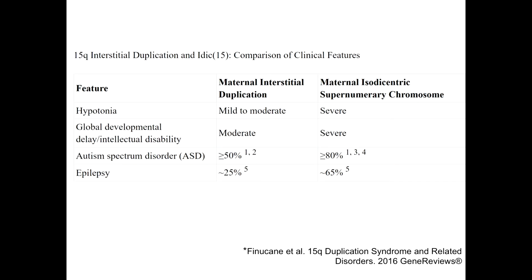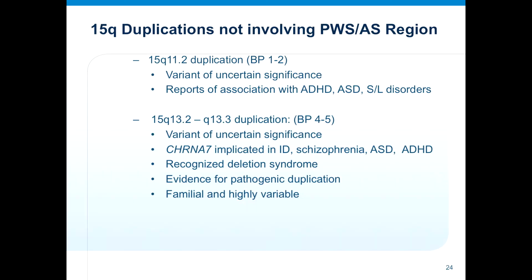So it's a very complicated region of the genome, and here's from our recent publication in Gene Reviews, just some of the comparison clinically, and I think we're in our infancy in the clinical description of this, and I'm really excited that, you know, at UCLA kind of leading the pack, we're finally getting some good, deep clinical phenotyping, because we've had a lot of genomic phenotyping, if you will, or genotyping, but we haven't had all that much clinical phenotyping. But there are some differences, and you can see differences in severity and prevalence of various disorders.